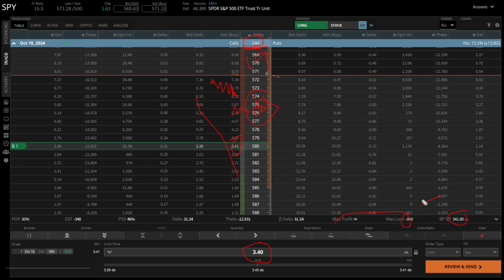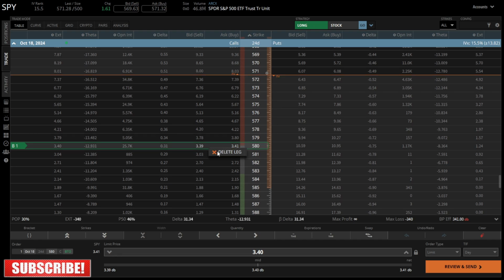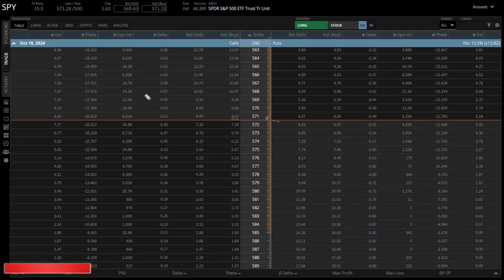Why? Because that's only the risk the broker has in relation to your trade, which is $340, one contract, 24 days to expiration. Very, very simple, okay? But of course, this is what short put, long put, short call, and long call options mean, guys. In a nutshell, very, very simple to understand.